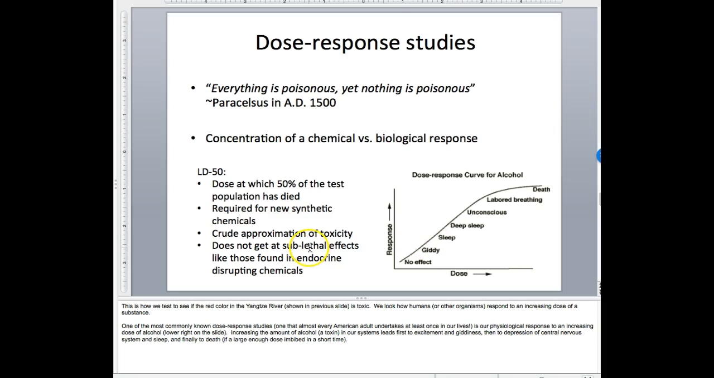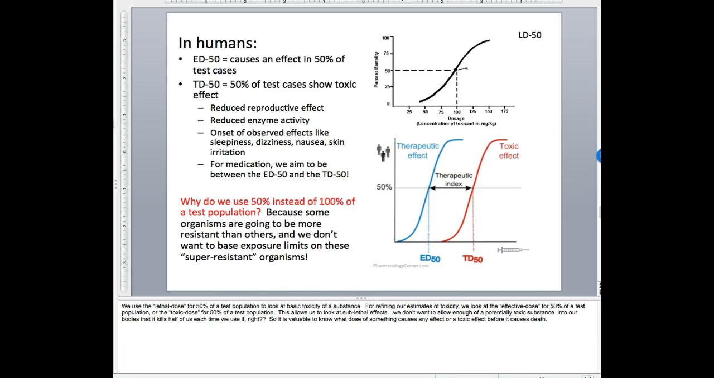Those of you in lab class, note that this past week we looked at determining the LD50, which is the dose at which 50% of the test population has died. This is a measure that's required for all new synthetic chemicals, not for humans, but for other organisms that we assume are stand-ins for humans. It gives us a crude approximation of toxicity, but does not get at sublethal effects like those found in endocrine-disrupting chemicals. In humans, we're looking more at the ED50, which is where the